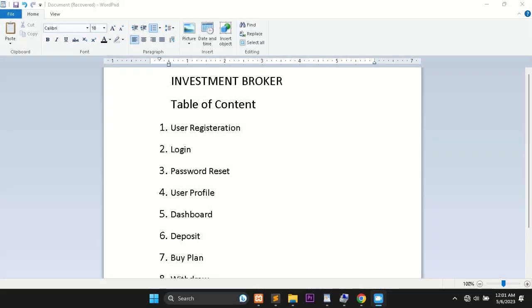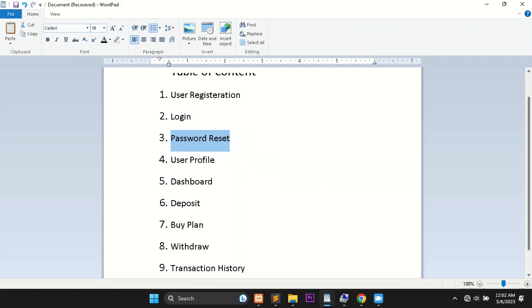Hello everyone. In today's video, we'll be learning how to create an investment website broker. For the video series, this is the table of contents. We'll start with registration, where users can register to our broker. Then how users can log into their already created account, and how they can reset their password in case they forget